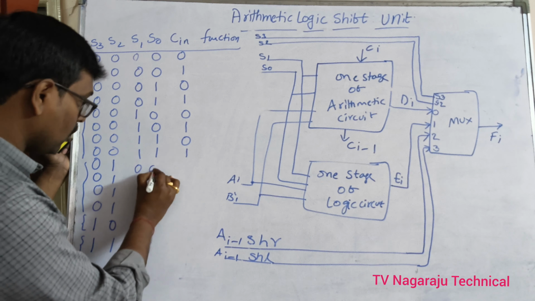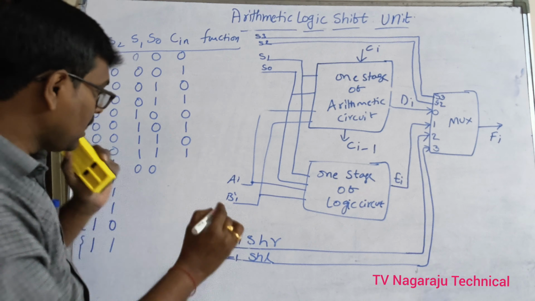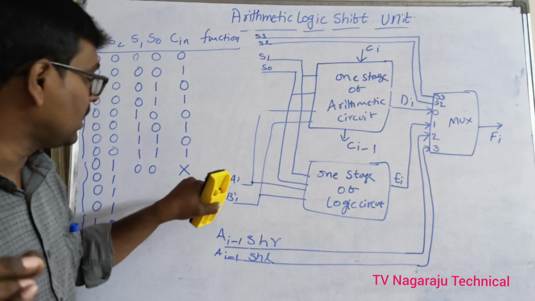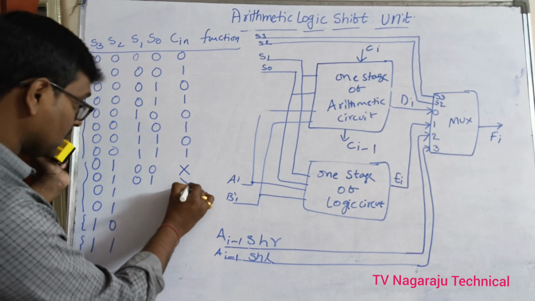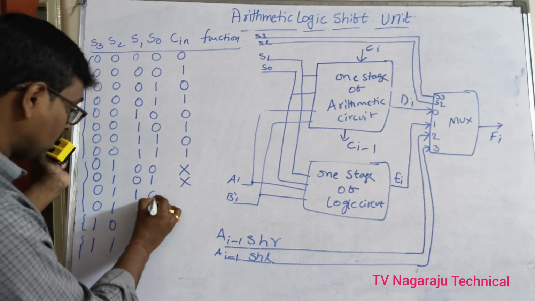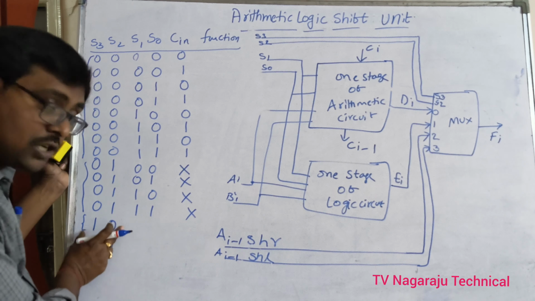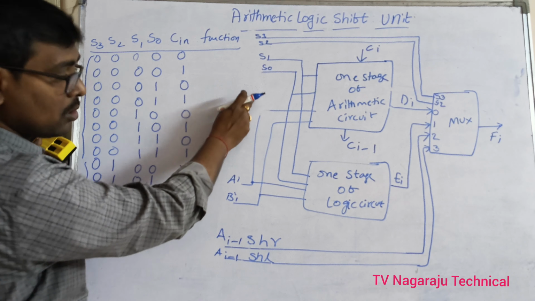If the selection is 0, 0, then what about the carry in a logic operation? Logic operations do not need any carry. X represents don't care, that is, it does not depend on carry. Now 0, 1 does not depend on carry, 1, 0 does not depend, and 1, 1 also does not depend on carry. Now coming to shift right and shift left operations,